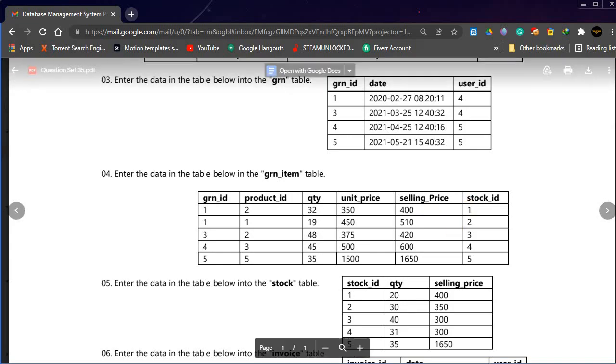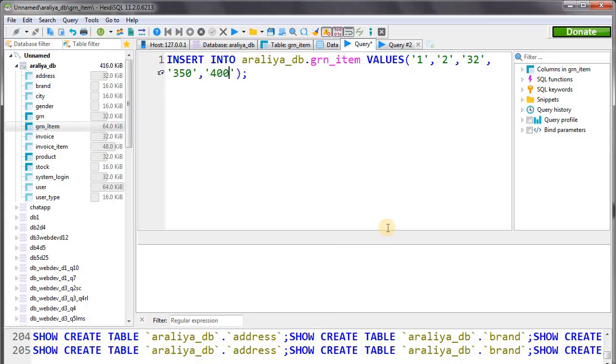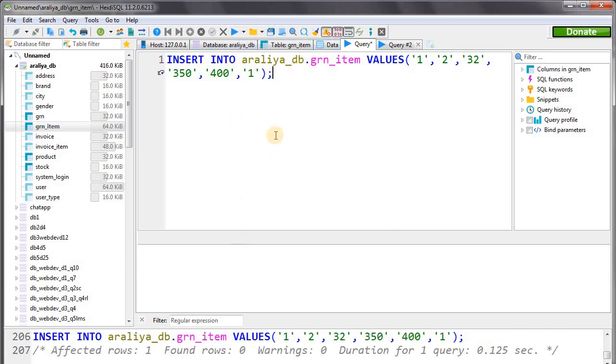Selling price 400 and stock ID is number 1. Okay, and this is the query. Let's execute this one. Here you can see the query executed and affected 1 row.